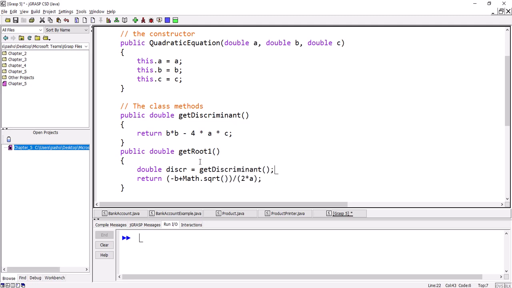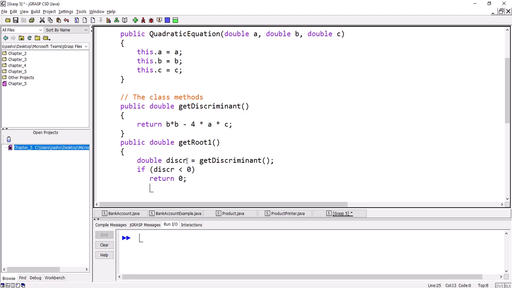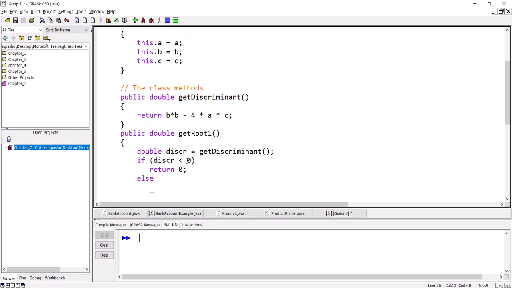Save it because we are going to use it more than one time, and here we will check if discriminant is negative, then return 0. Otherwise, return the equation that we have just implemented, put between brackets for the square root